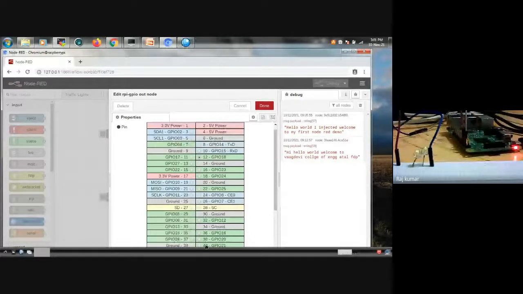I'm not using this layout. I'm using the pin numbers. For example, pin number 12 has been selected, but in the program I write 18 as the pin number. That is called the BCM layout, otherwise we can call it the Broadcom layout. You can follow any such rules. In the program also you can see it.